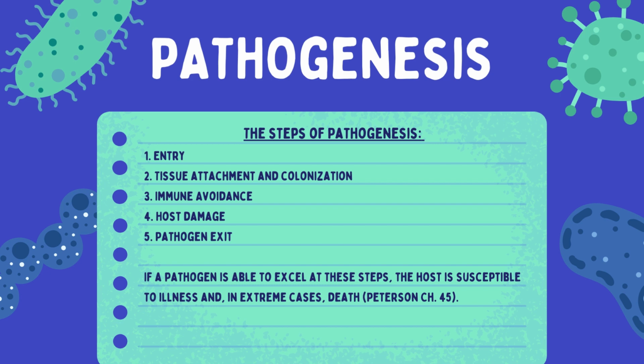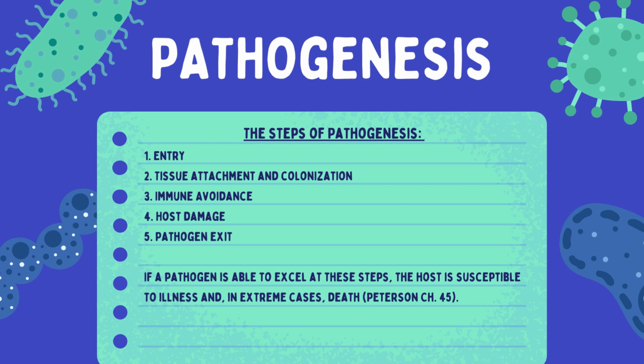So with the steps of pathogenesis, we have number one, which is entry, which is basically what I talked about earlier about how a pathogen can get into our system in the first place. And that could be from a cut on the skin, through the nose, through the eyes, or through the mouth, among other ways. Number two, you have tissue attachment and colonization. So this is where we can see our virulence factors coming into effect. With tissue attachment, we have those pili, which are going to help attach to hosts. So the pathogen is able to use that host cell as needed and replicate.